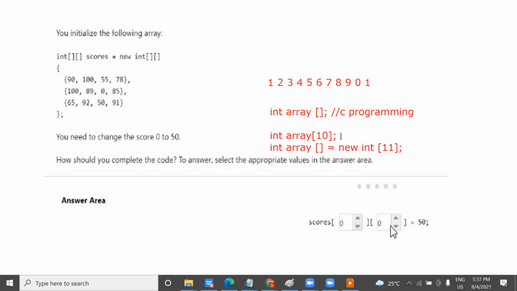It means that the size is fixed. This one also has a fixed size, but if you do not initialize the size, it means that you can save any element. But always remember, the new keyword is used in Java to provide space in memory for the number of values that we read inside this array.